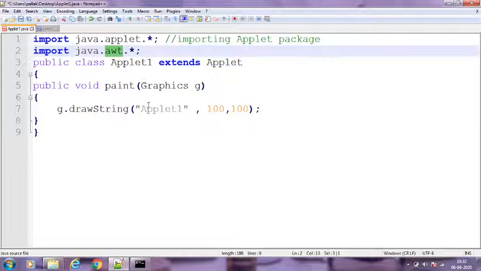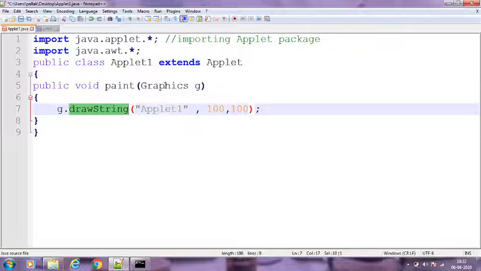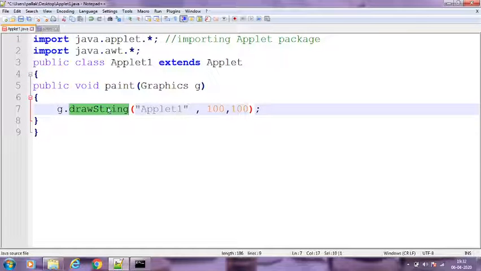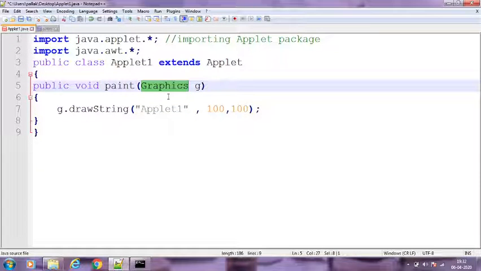Now to print anything on the screen you have to use the drawString method, which is a method of this Graphics class, right? So the drawString method is used to write anything on the applet. You can see I have called this method using the object of this Graphics class.